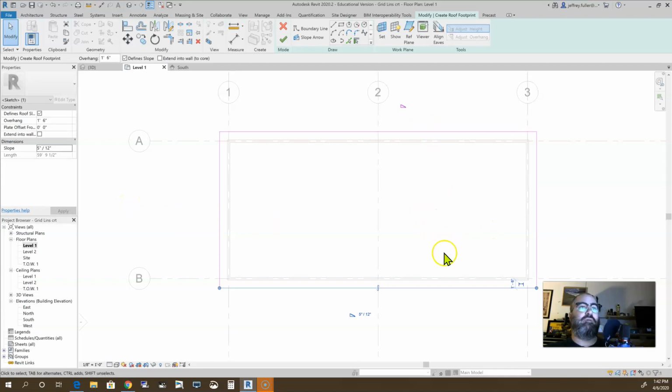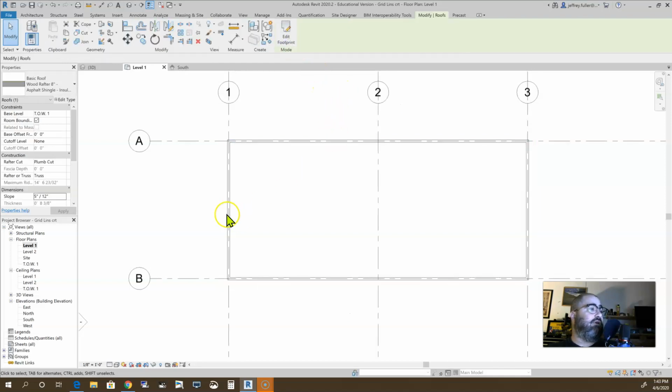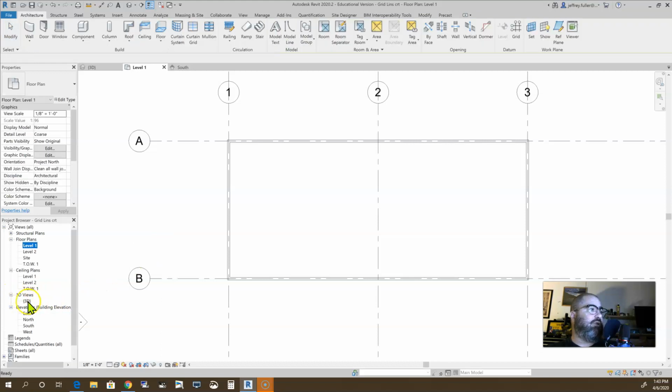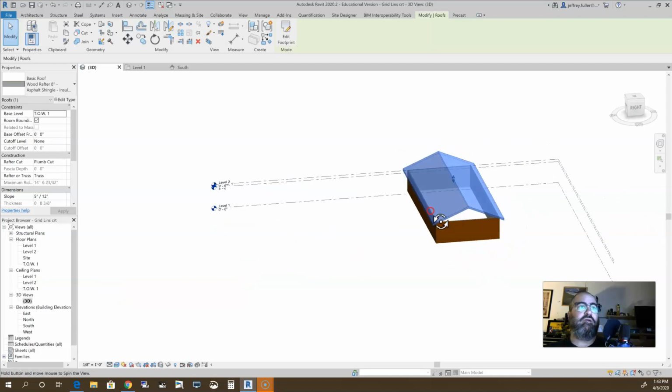All right, so all my slopes have changed. I got the gables on both ends by removing the slope. And if I click on the check mark, everything should be okay. All right, now to check out your work, 3D view works the best. So I'm going to double click on the only 3D view that I have,